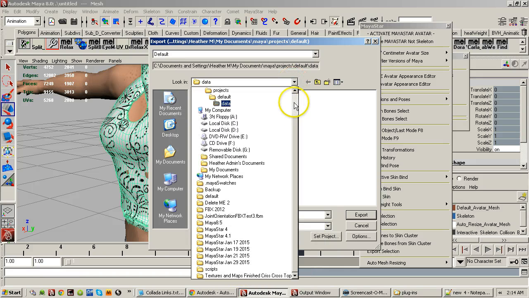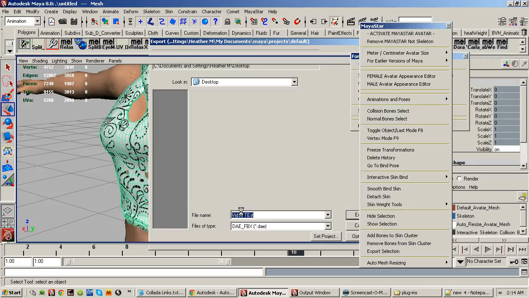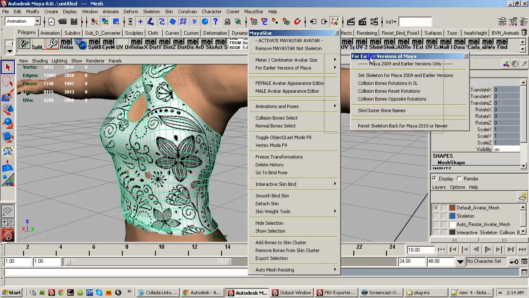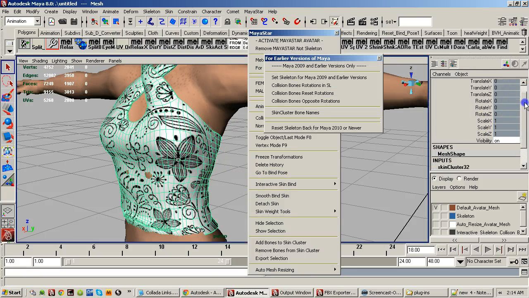And then I'll just save it to my desktop, video test, and export it. And now it's ready to import into Second Life. And you don't have to select the bones or anything when you're exporting. You just need your